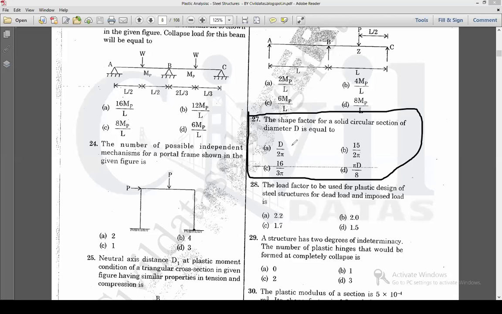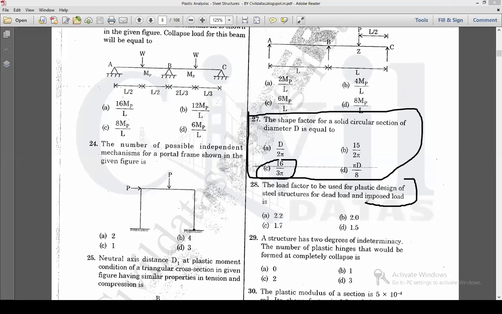So can anyone tell me the shape factor? Option C. That is nothing but 16/3 pi. Correct? Yes sir. Right, correct. That is 16/3 pi. That is the answer. Now, the next question is that load factor to be used for plastic design of steel structure for